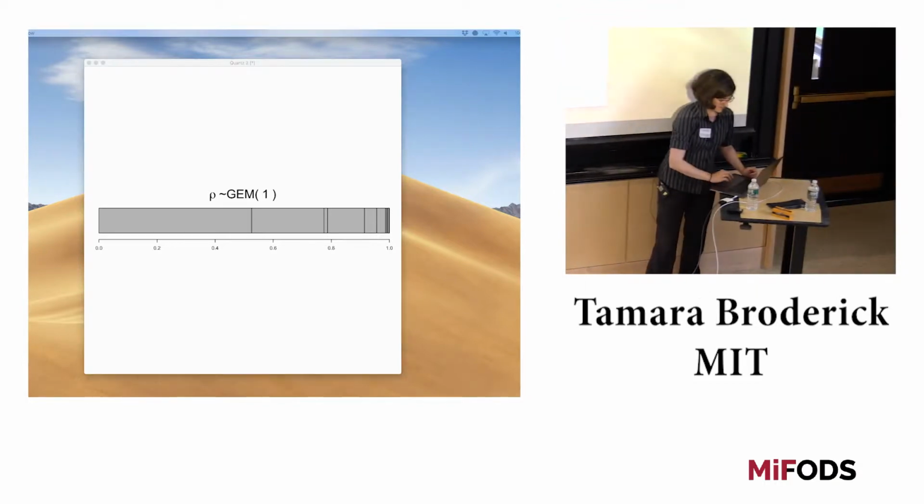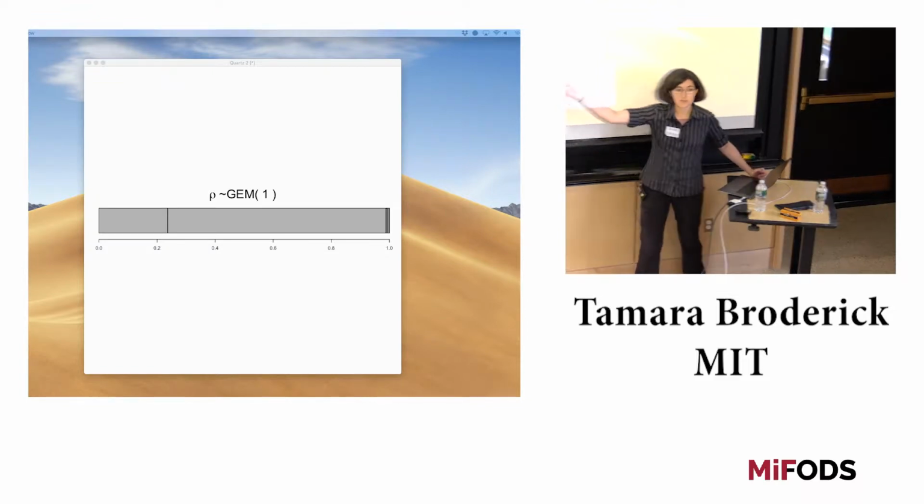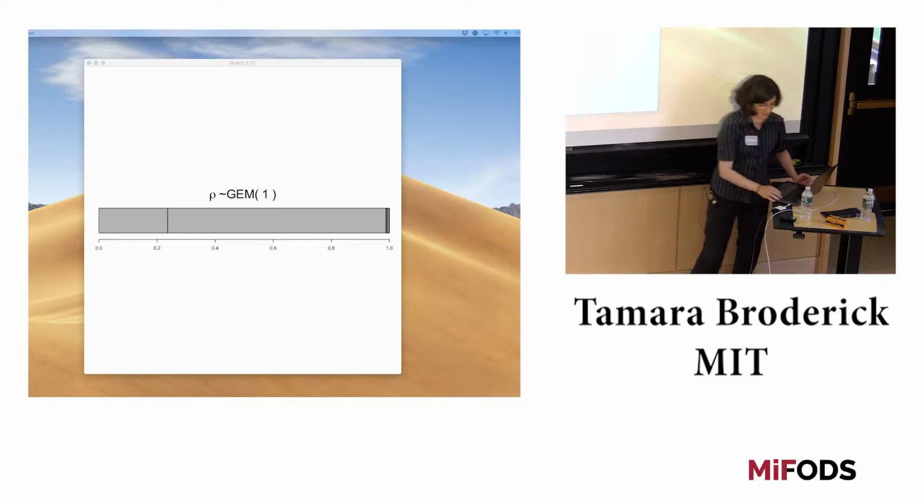And so we can make a few draws from this. It's worth noting that, of course, there is no strict ordering to these. The first one does not have to be the biggest one. And we see that in some of these draws because it's just a beta 1 alpha draw. But they tend to be larger than we saw before.